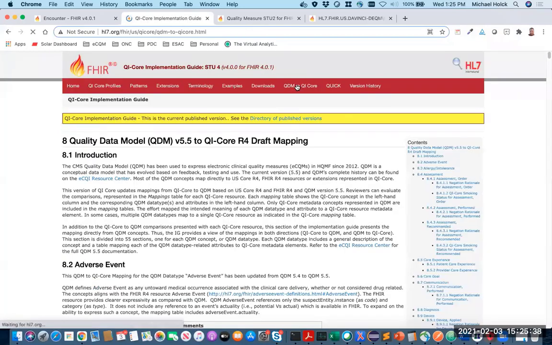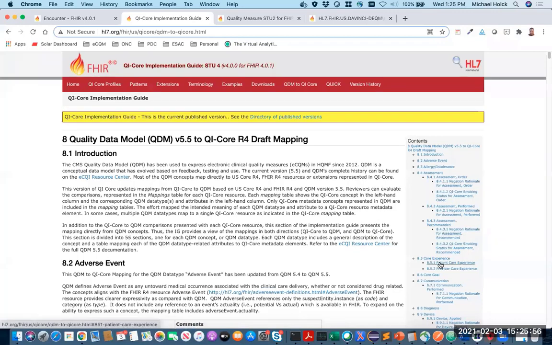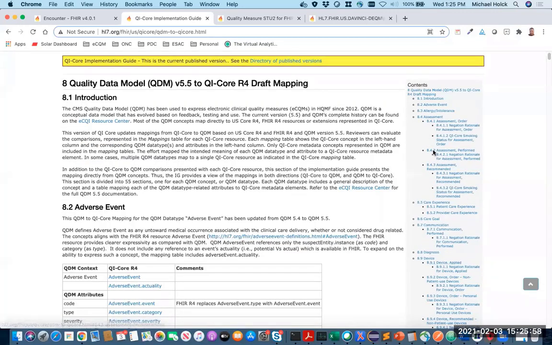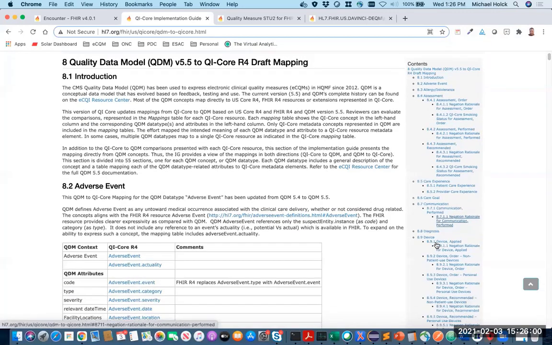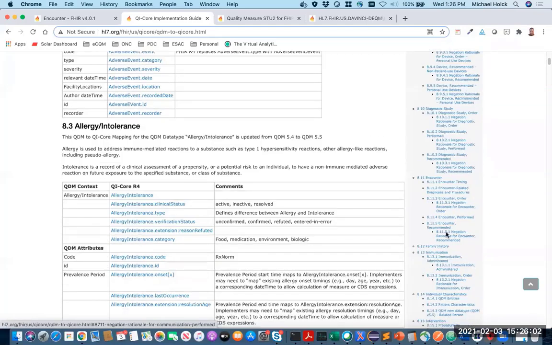I also mentioned that there's the QDM to qiCore mapping in the qiCore IG. So if you have a current measure in QDM and you want to try to port it to qiCore or FHIR, this mapping can be quite useful. So all of the data types from QDM are in this content pane along the right here. And if we go look at, say, encounter performed,